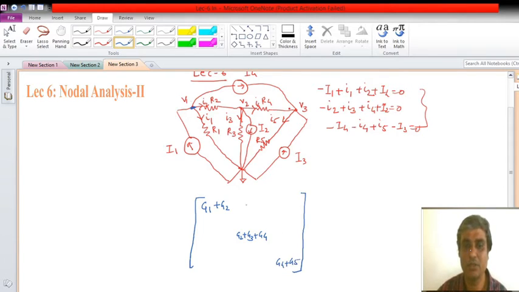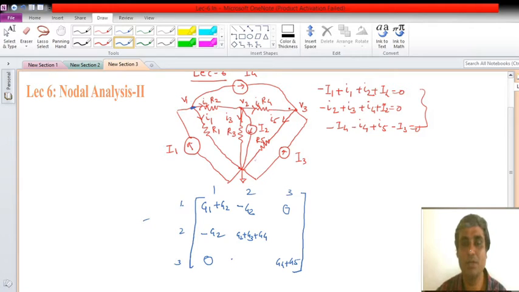Okay. Then what will be the common conductance between node 1 to 2? These are the first row, second row, third row, first column, second column, third column. These are nothing but the node voltage names, right? So let me write the common conductance connected between node 1 with node 2. It is minus G2, and the same will be for node 2 to node 1 also. Now what is the common conductance connected between node 1 to 3? Nothing is there, so it will be 0. And similarly, there is no conductance connected between 3 to 1. So this also, 3 to 1, I will put as 0.